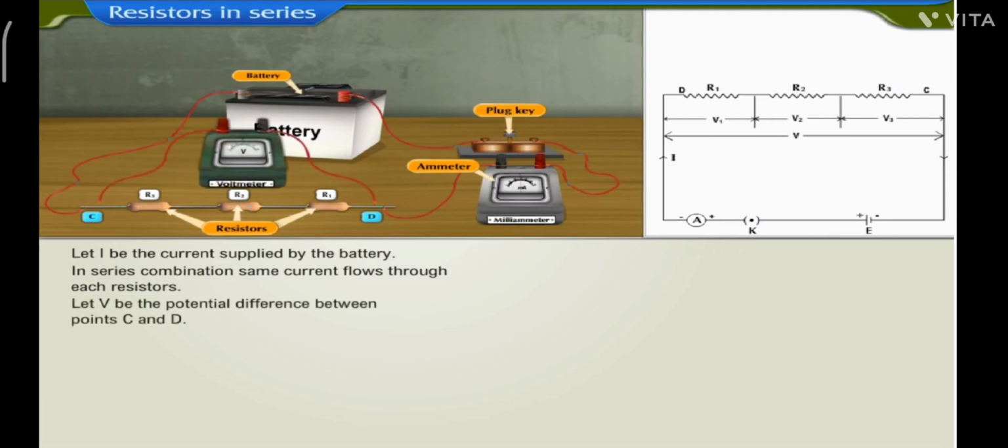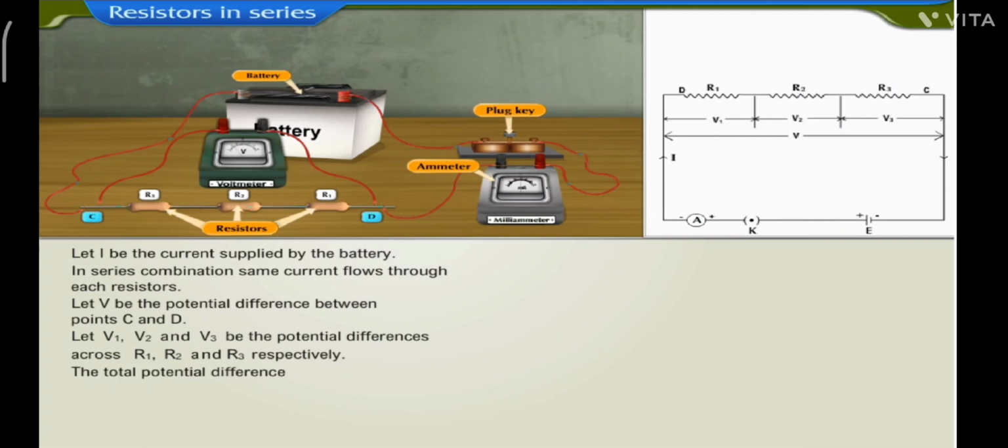Let V be the potential difference between points C and D. Let V1, V2 and V3 be the potential differences across R1, R2 and R3 respectively. Hence, the total potential difference V gets distributed in V1, V2 and V3. Hence, V is equal to V1 plus V2 plus V3. (1)